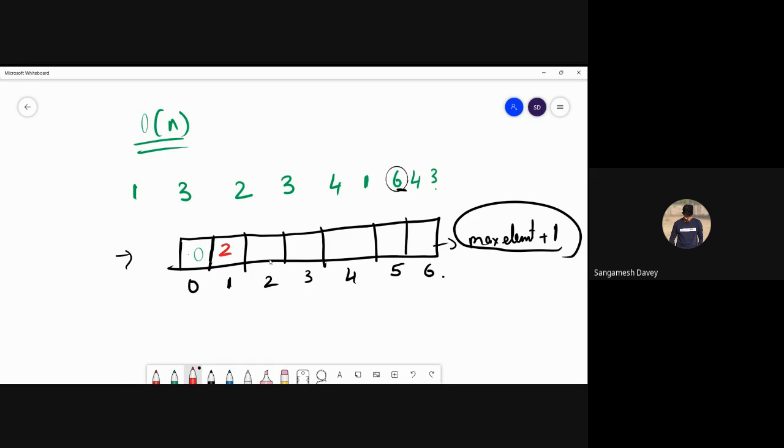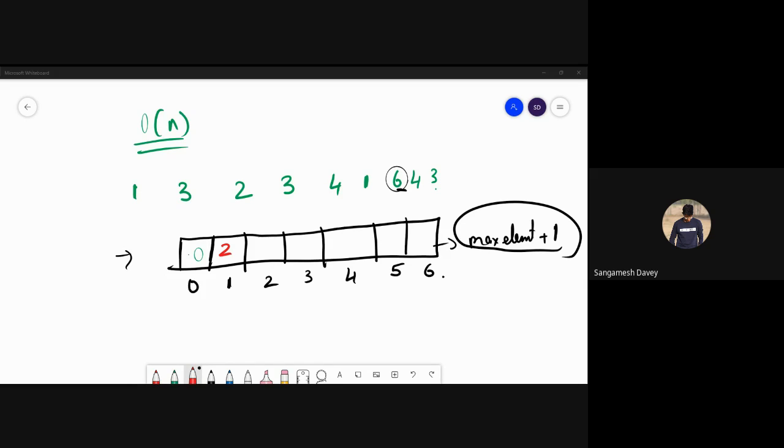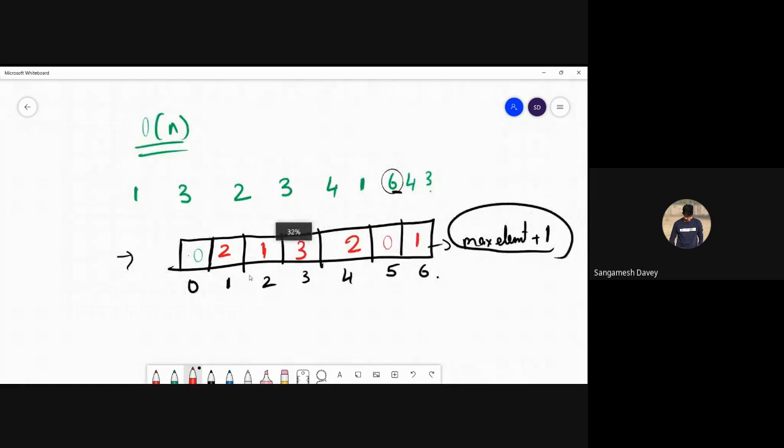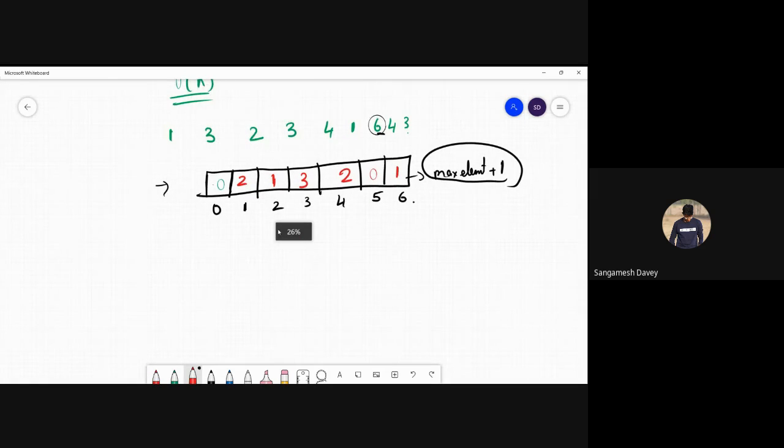How many times does 2 come? 1 time. 3? 3 times. 4? 2 times. 5? None. 6? Once. Okay. First two steps are clear. Next step is